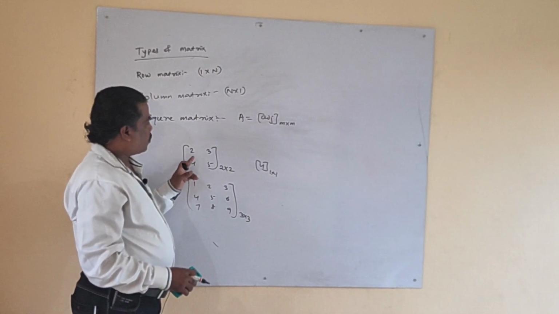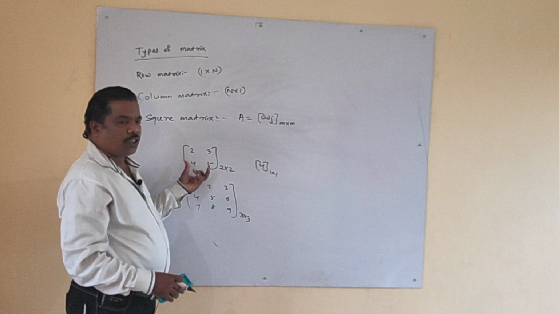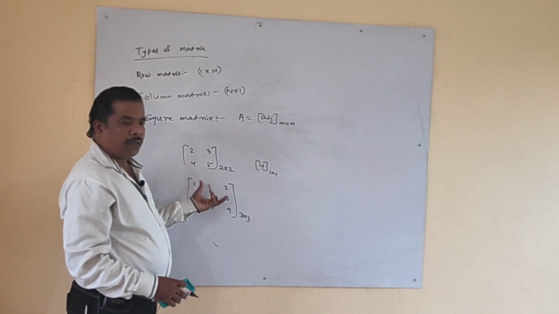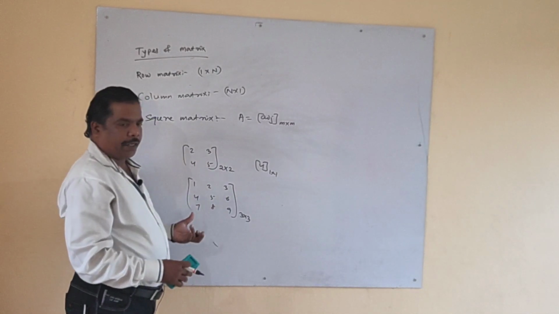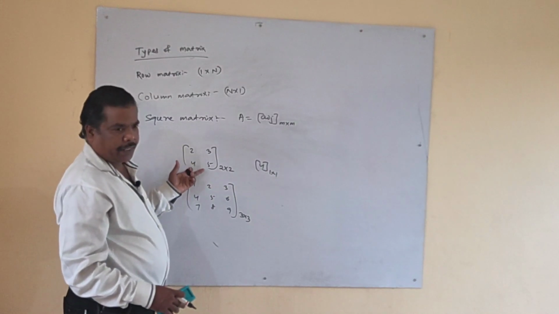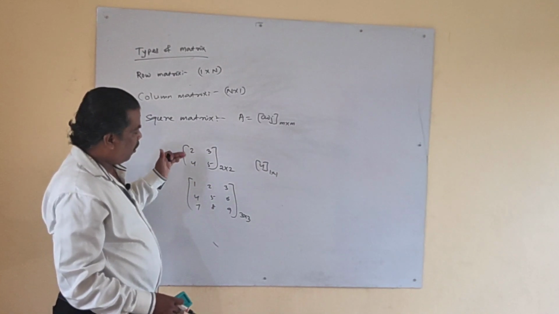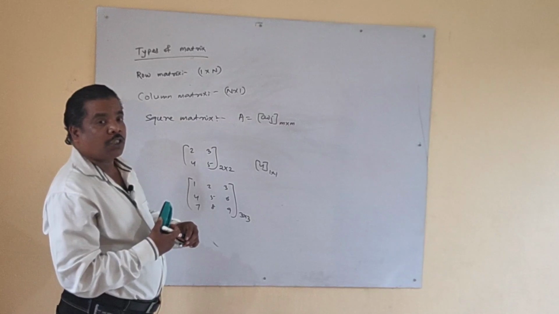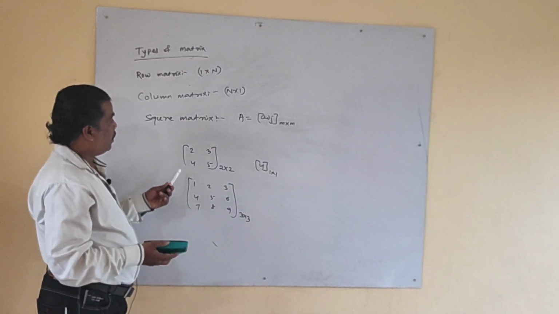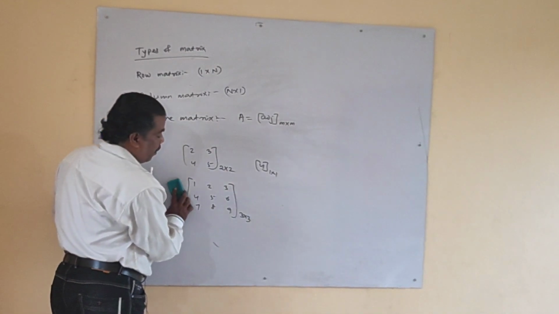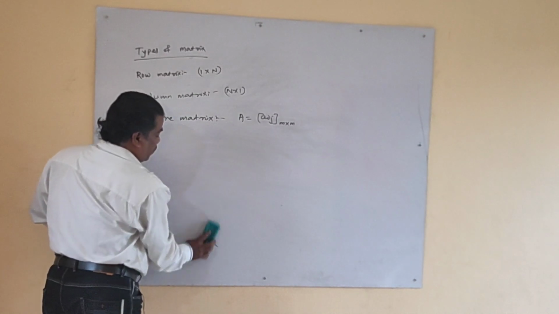Whatever the elements may be, they are all real numbers, positive or negative, rationals or irrationals. But the number of rows is equal to the number of columns. Next,